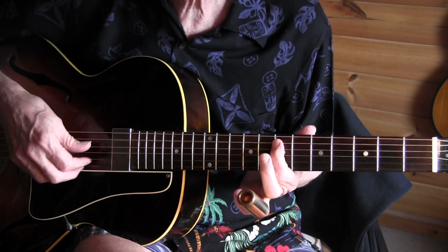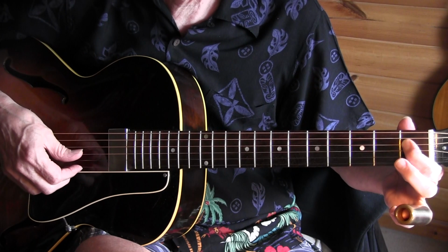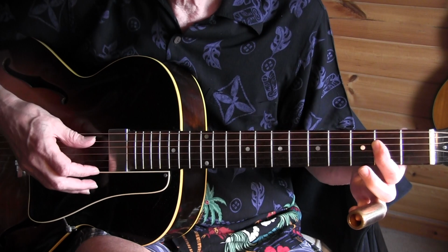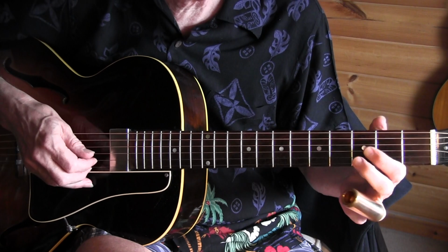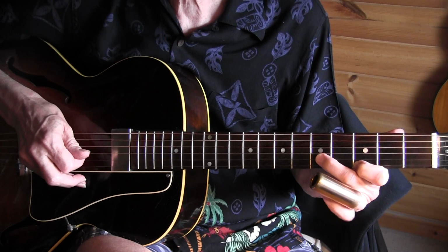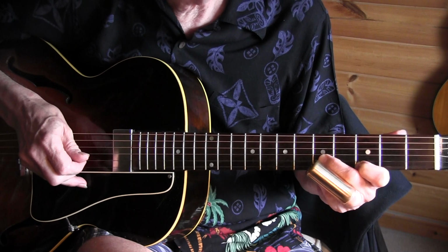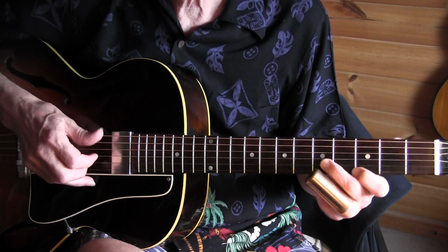And slide down 5th string, walk into the 4th string, open in 1st and into the A7 chords, which I replace like that, 3rd fret, 5th fret, and adding the pinky, or the 3rd finger if you have your slide on the pinky, to the 5th fret, 1st string. So,